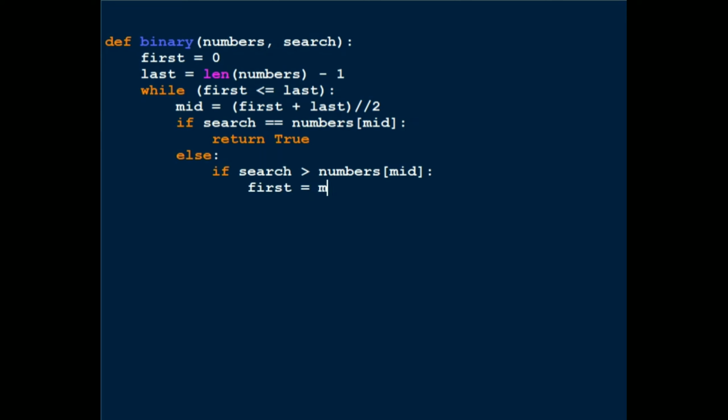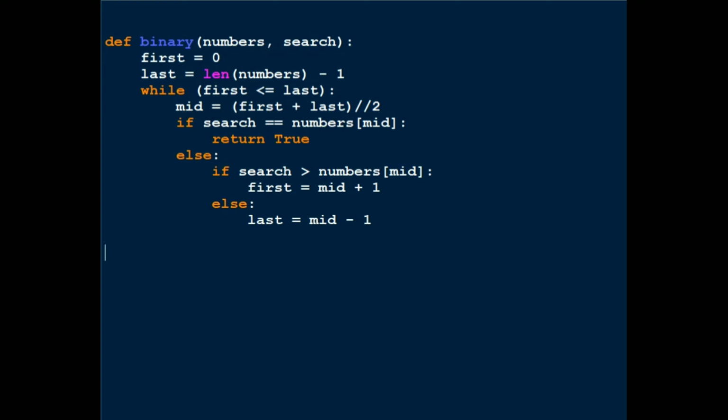If you have any doubts, you can just put the diagram beside this and compare it. So now else. The only other case is if search is less than numbers[mid]. In that case, it will be moving towards the left. When it moves towards the left, first will remain constant and only the last index will go to mid minus 1. So that's basically it. It's actually very easy. Now let me just see if my code works or not.